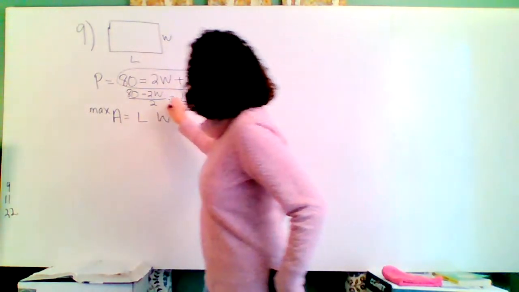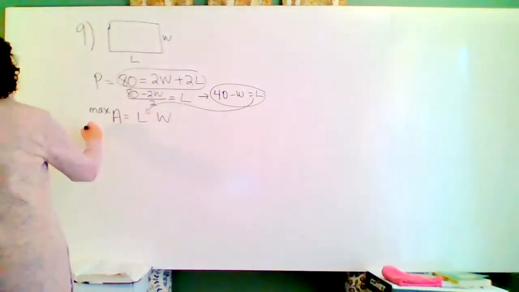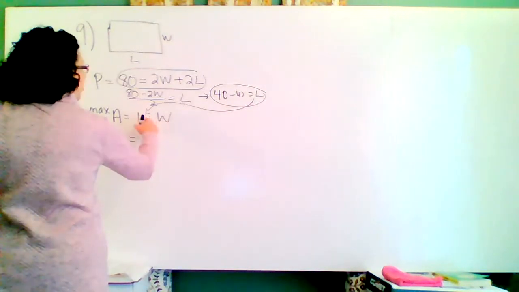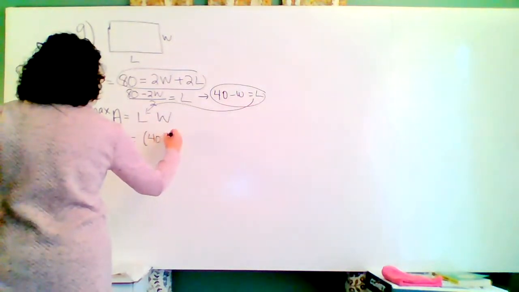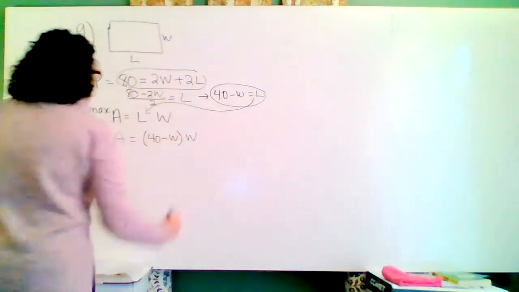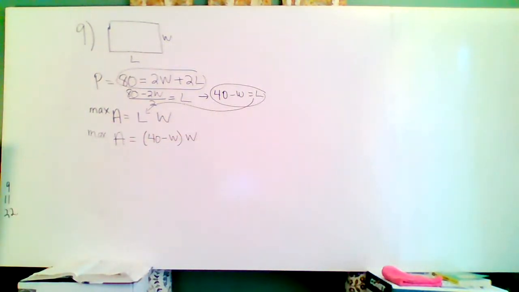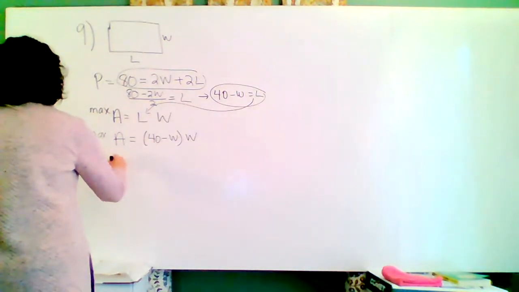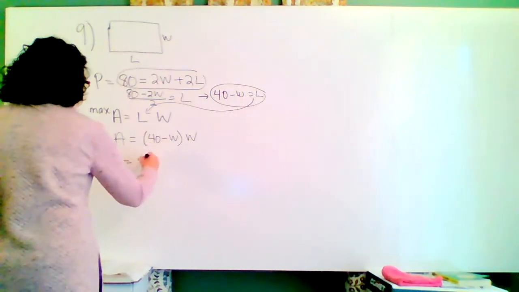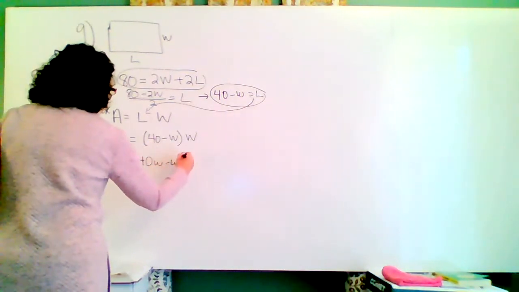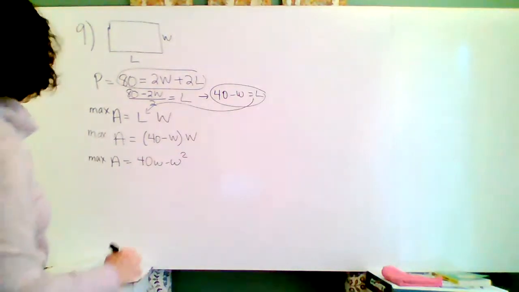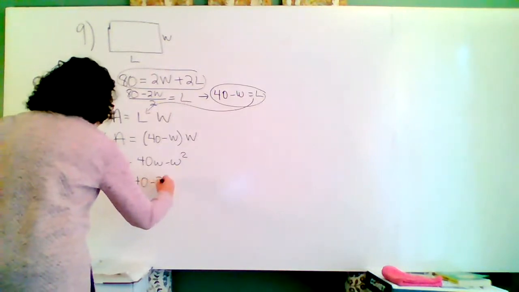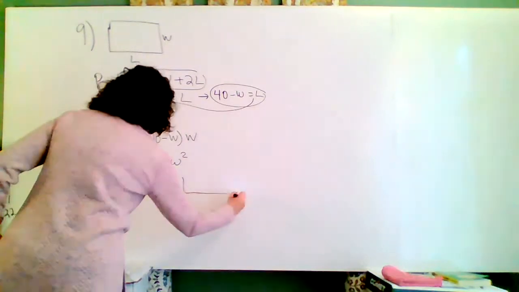So right here for L, I'm going to put in 40 minus W. So I'm trying to maximize the area. It is now 40 minus W times W. And you're welcome to take the derivative now, or we could first just multiply out, 40W minus W squared, right? Just so we have our nice little power rules. So let's take the derivative, and that would be 40 minus 2W, right? So critical points,